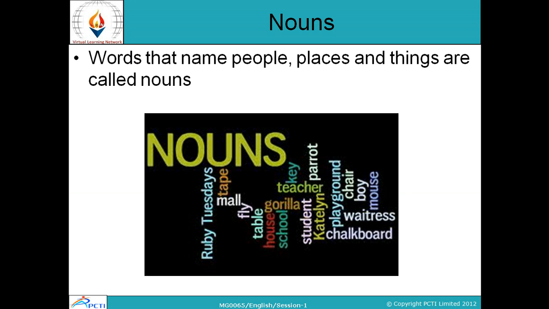And learning about the 8 parts of speech helps us understand the explanation of grammar, some mistakes we keep making, and how to correct those mistakes. Because some words can be used in several different ways. You have to look at what a word is doing in a specific sentence before you can classify it, and you can of course name its part of speech. For example, एक sentence लेते हैं, he ran fast so he would not be late. Describe how he ran fast. तो ये क्या हो गया? Adverb हो गया.